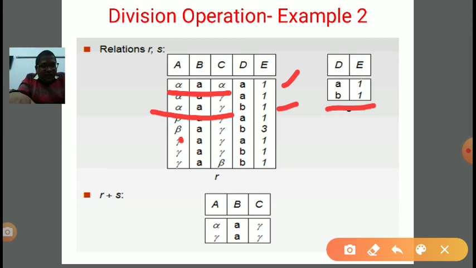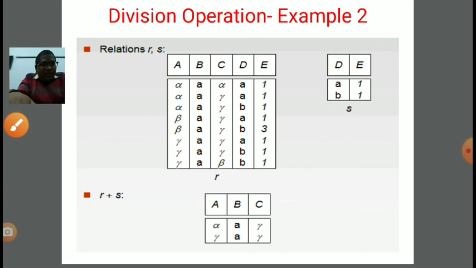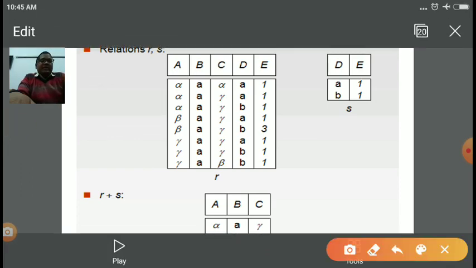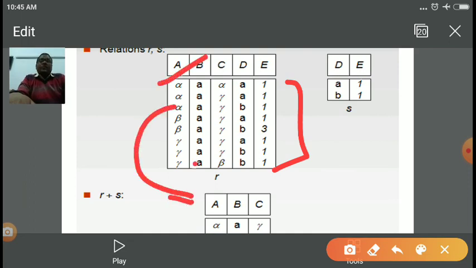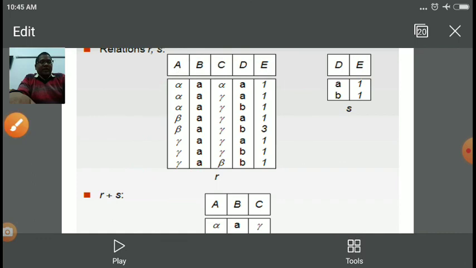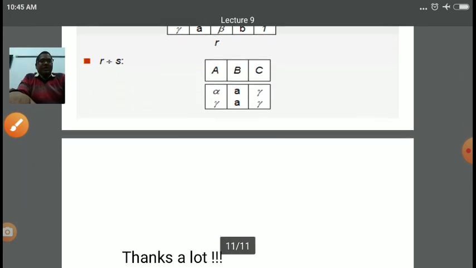Next is alpha, beta A gamma, it will also not be picked. Next gamma not picked, so we will be picking alpha A gamma. First will be picked as alpha A gamma because everywhere alpha A gamma is there, and the B value is also 1, okay, at the same time. So A1 should be there and at the same time B1 should be there. This combination is present in the relation R wherever the corresponding ABC is written and finally added into the output. So in this manner we can perform the division operation in relational algebra.